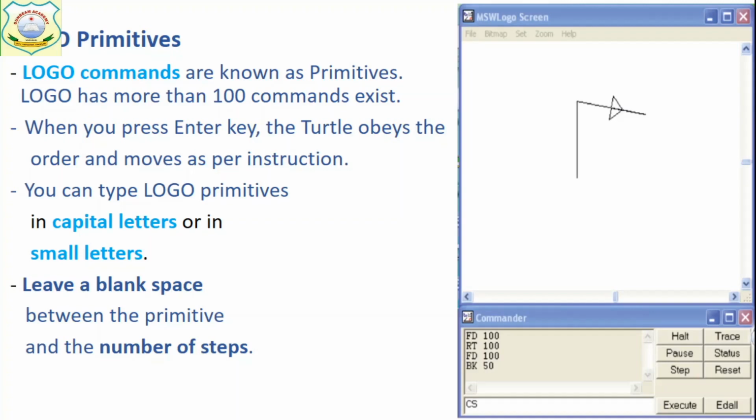Okay. Now when you write the command here and press the enter key, what happens?